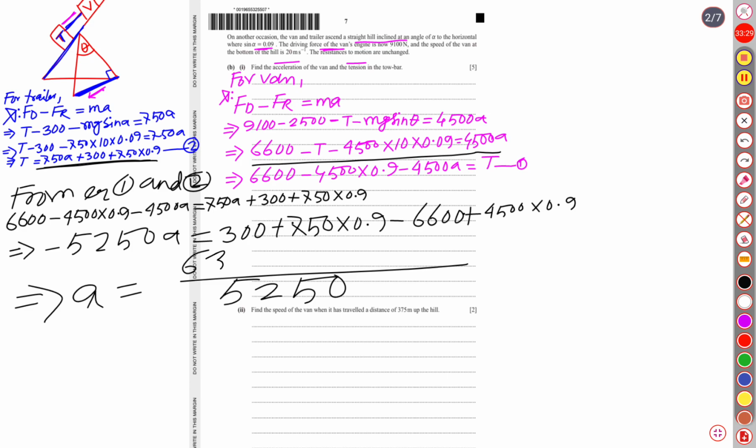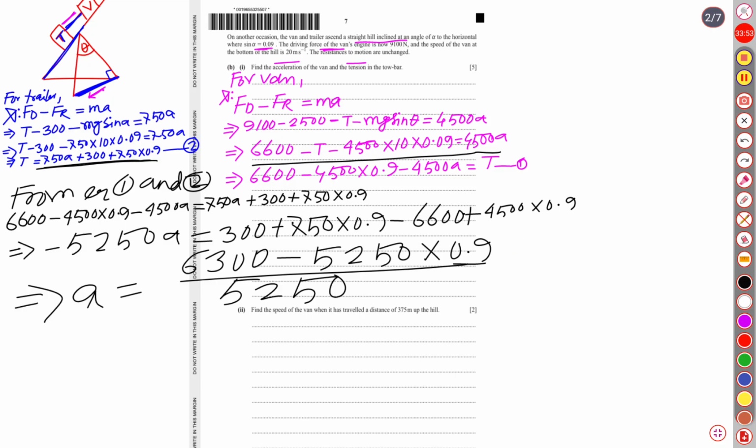it is 6300. Then minus, here 750 into 0.9, here 4500. So 4500 and 750, it is 5250. 5250 into 0.9. Hence our acceleration is going to be,